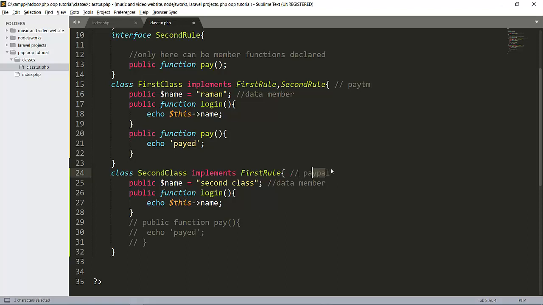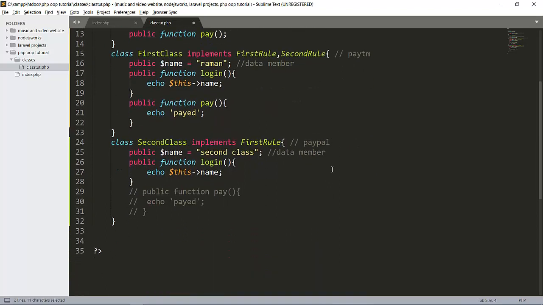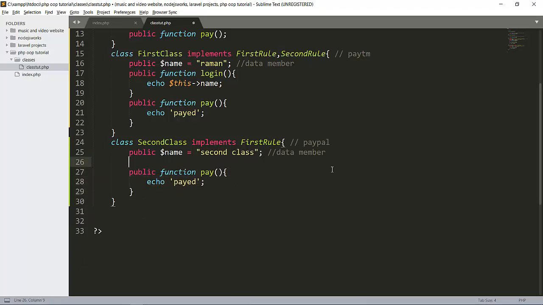In Paytm, first we need to log in and then we have to pay. So we define two rules here, but in PayPal we simply want paid here. We don't want login here.